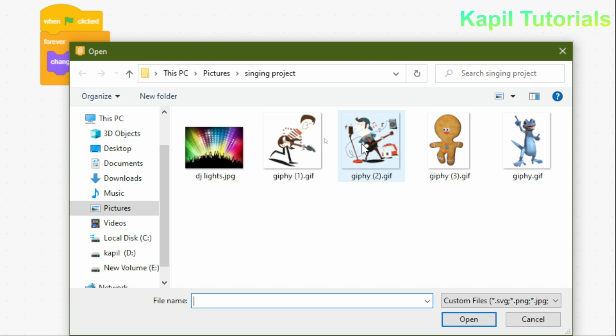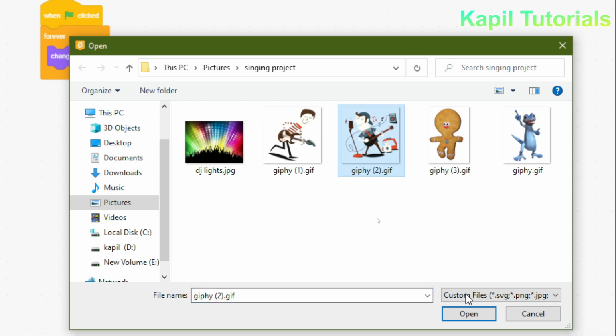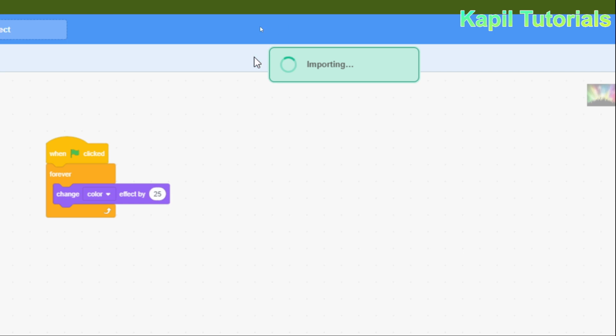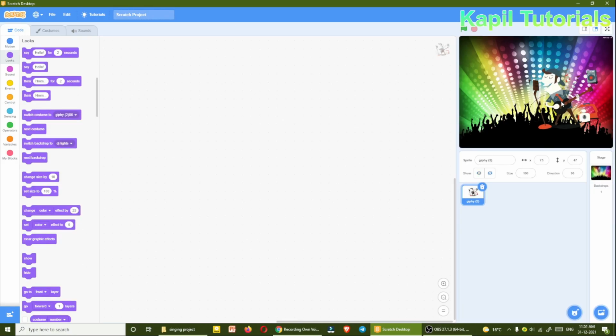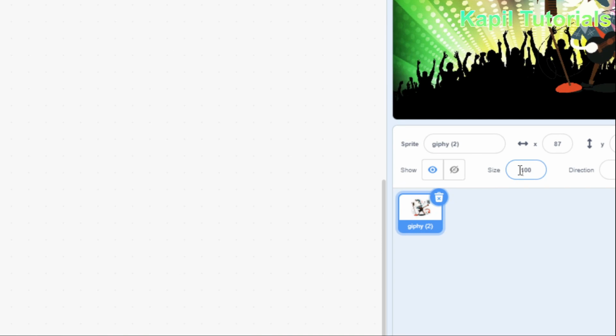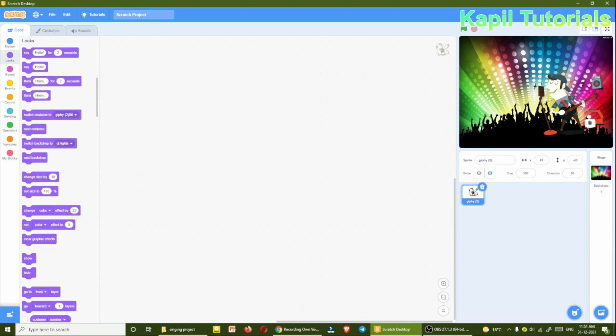So first of all I'm taking this Giphy, click on open. It will take little time to import. In your case you can use either this sprites or you can take any sprites of your choice. So this has been uploaded, so I'll just place it here. Size and all, it depends upon you. I can increase the size or decrease the size by selecting the numeric figure here. So presently it seems okay for me,